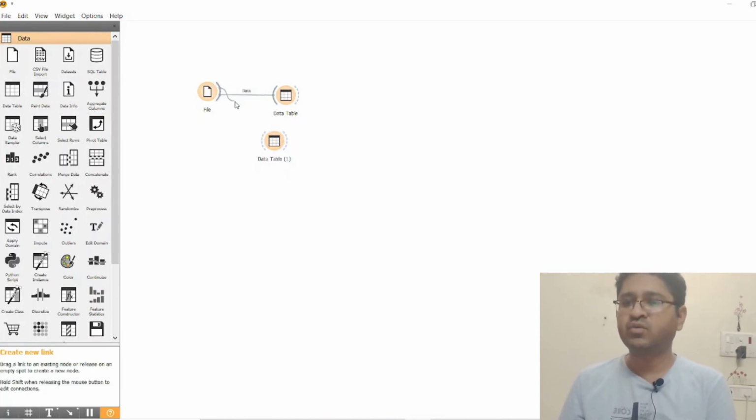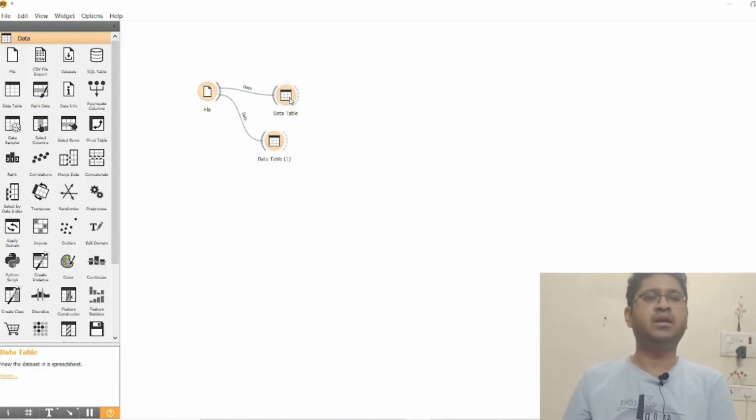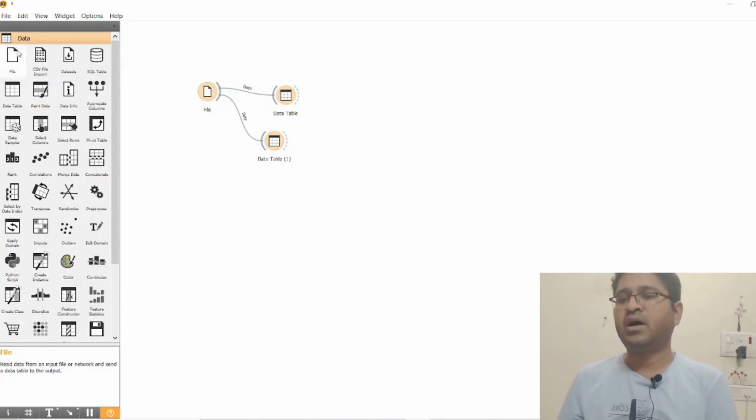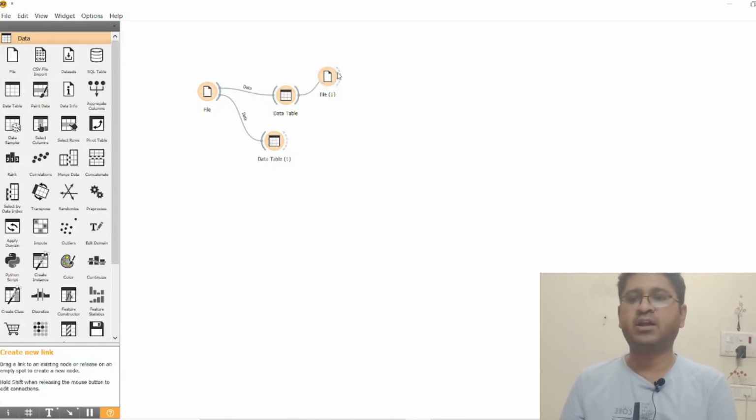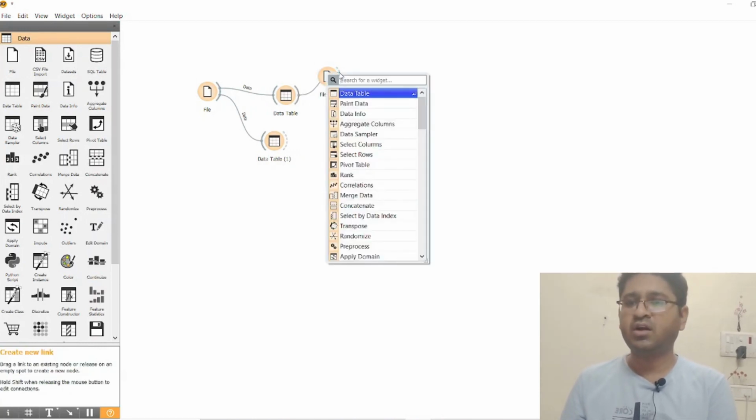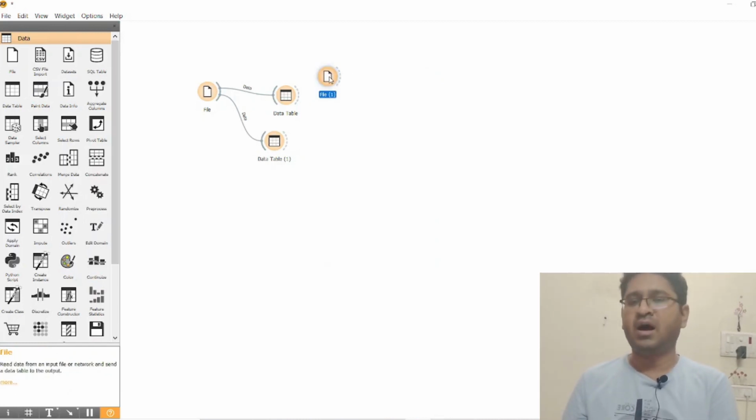Okay, there might be two data tables for a single file. We just connect the data table here. Okay, right? But we cannot put file in front of data table, because it will not give us a path. Means you can give something to some other widget, some other tool, but you cannot give the file to data table, because the file is not having the data from data table itself, whereas data table is getting the data from file every time.